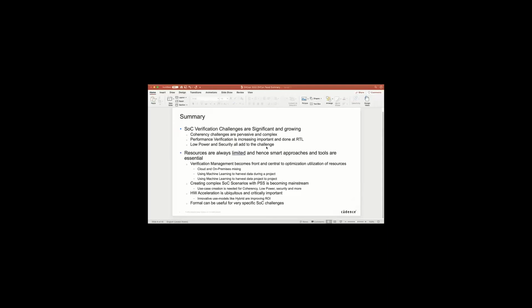Also, PSS is becoming mainstream, applying use case creation to all of these various domains. And it's no surprise to a lot of us that hardware acceleration is ubiquitous and critically important, but needs innovative models to improve the ROI and bring-up time. And as I said, if you want to listen to the full hour's discussion, I can provide a link.